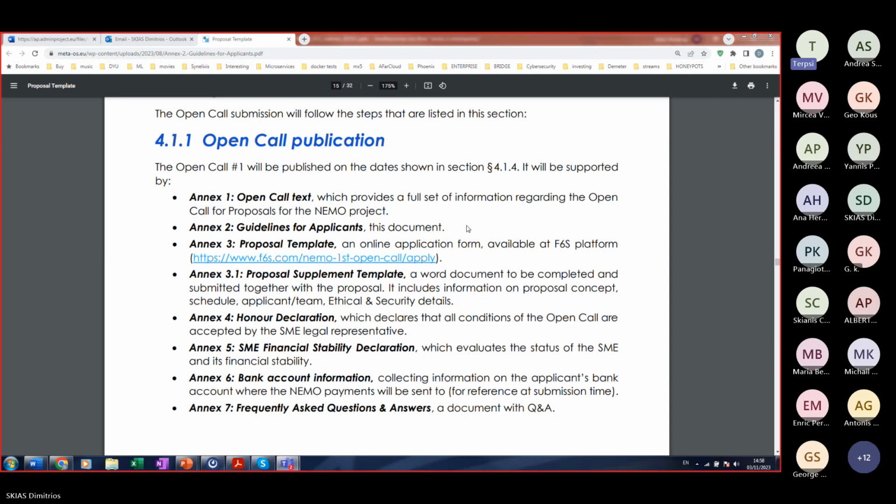So we would welcome any questions that could arise during the preparation of your proposals. And we encourage you to post those in the F6S discussion for this open call, so that other candidates that could have similar questions can also find their answers there.